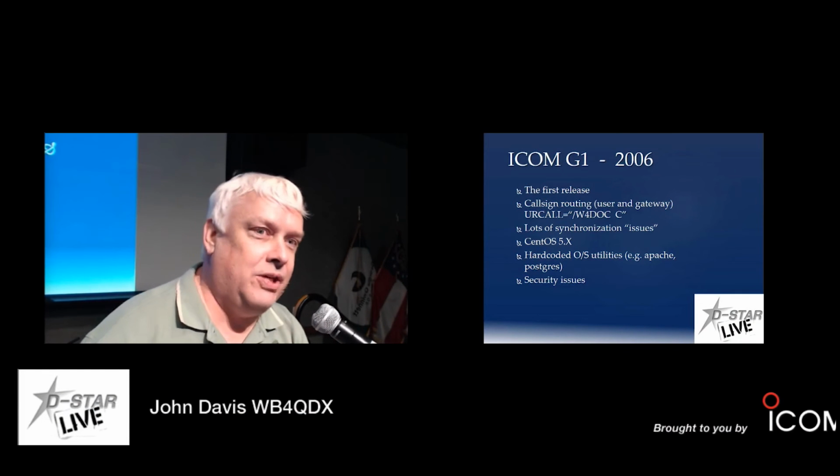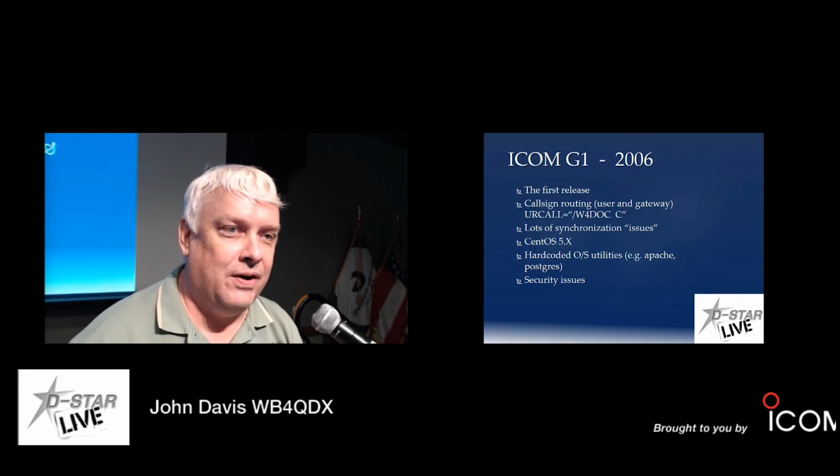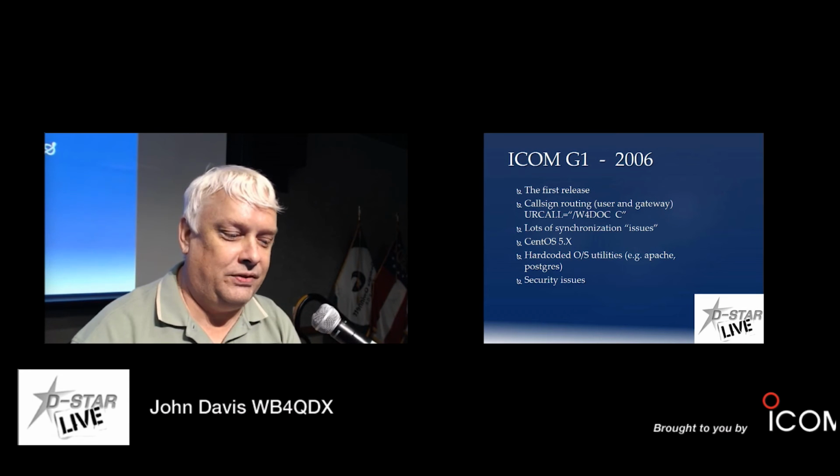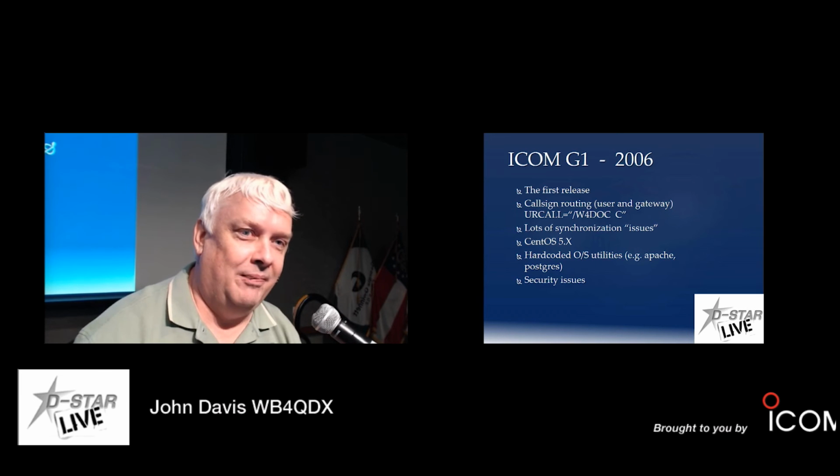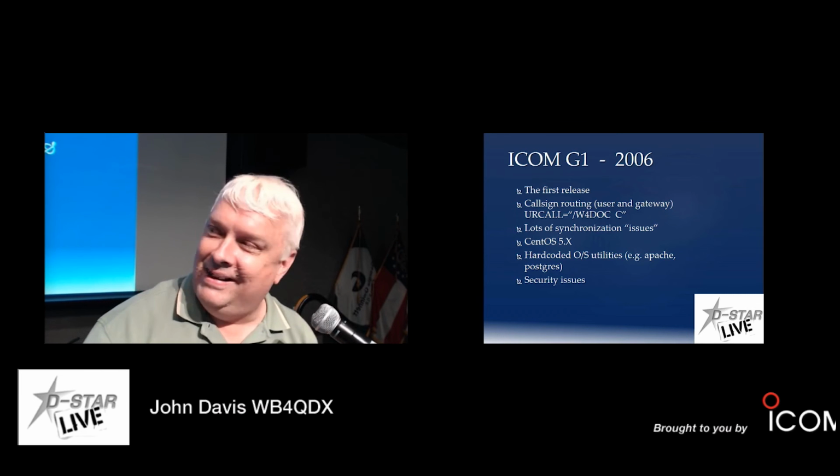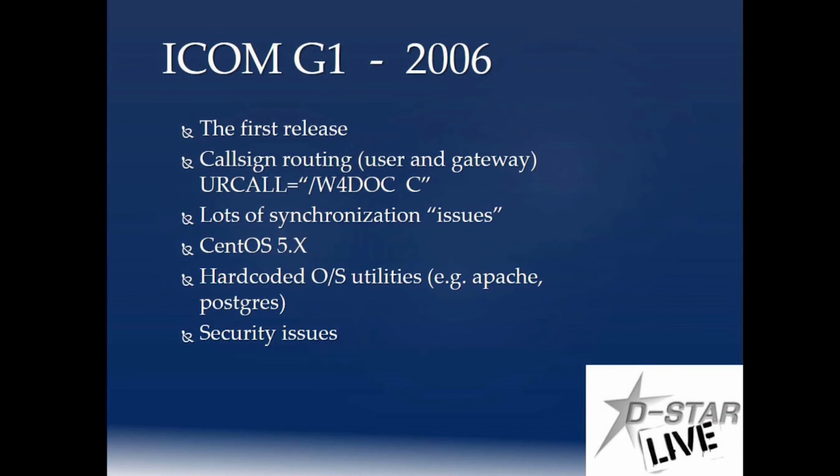So we're going to talk about G3, but I thought it would be interesting to talk first about the evolution. The first version was actually called V1, but to try to be consistent, I renamed it to G1. And the first time I saw this was in 2006 when we were putting up repeaters, W4DOC repeater, which was one of the first ones. Of course, Texas came up, and New York, and San Francisco, and D-Star was just getting a foothold in 2006. And as John mentioned before, all we could do with it at that point was to call sun route.